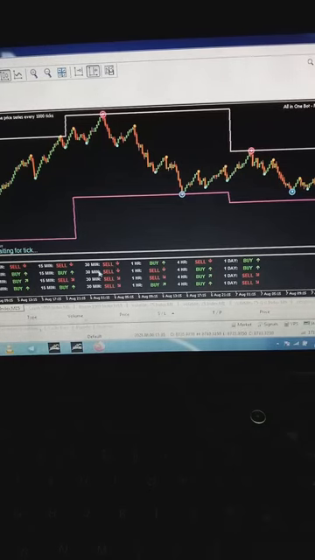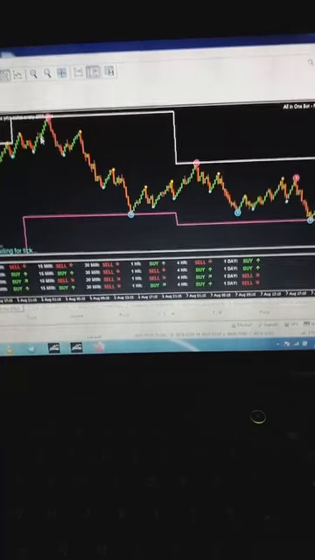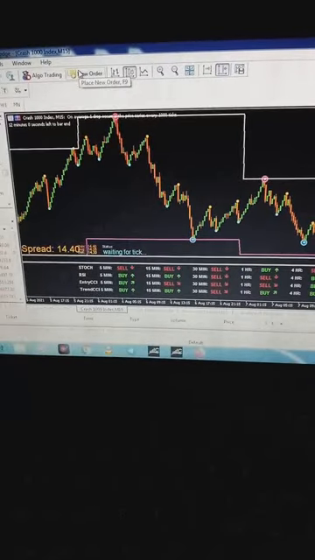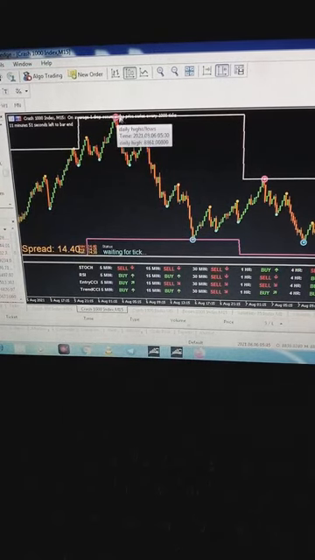So anytime, be it boom, be it volatility, be it crash, anytime you see price touch the up line, see here, price touches the upper band. You see it, Microsoft up there. So this market doesn't have an option. You see that big pink circle is a confirmation that the price will go down. But even without that big pink, each time price touches the upper band, it must descend down.